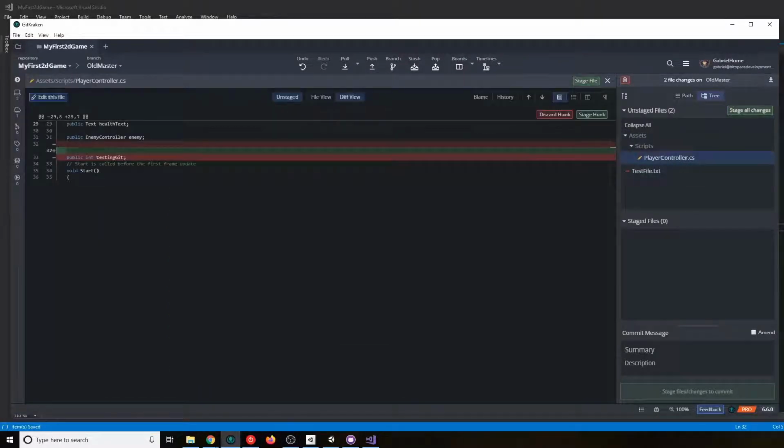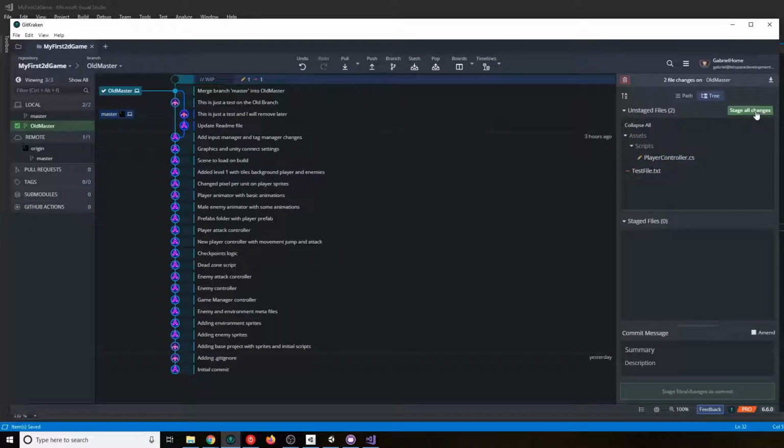And my player controller will show a red line saying that I deleted that line. So we can go ahead and commit those changes or whatever. This is just cleaning up the repo.